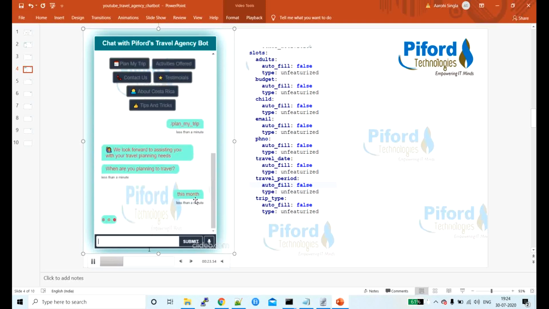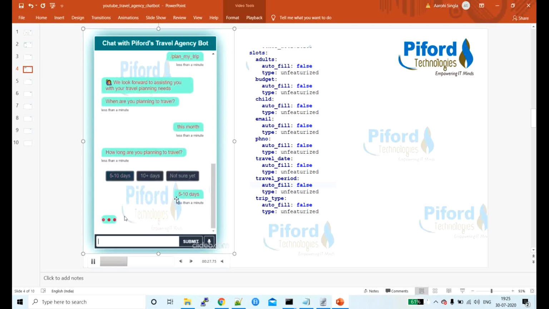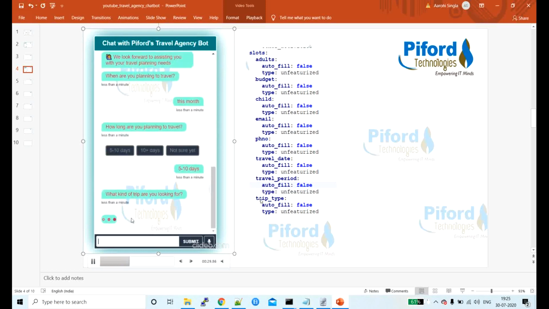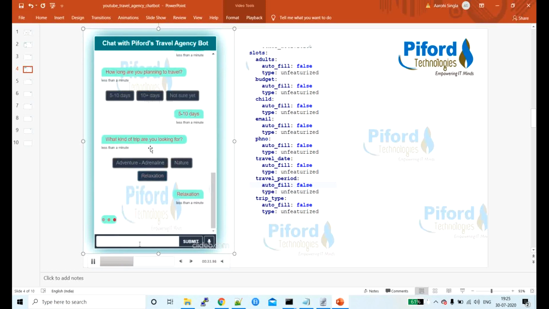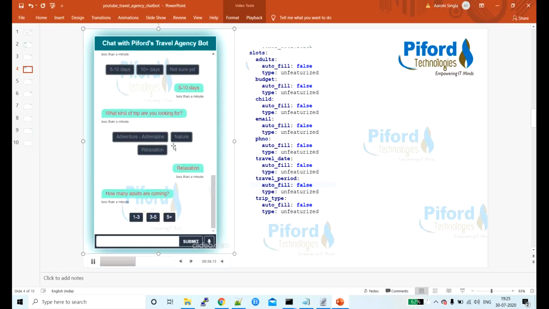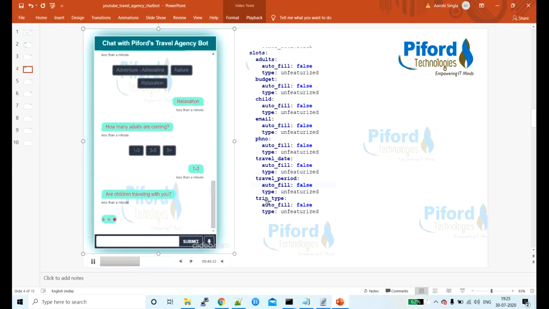The user writes this month only. Then it asks how long you want to plan your travel, the travel period, and this data gets stored. Then it asks what kind of trip you are looking for. The user selected relaxation, and the trip type slot stores this.